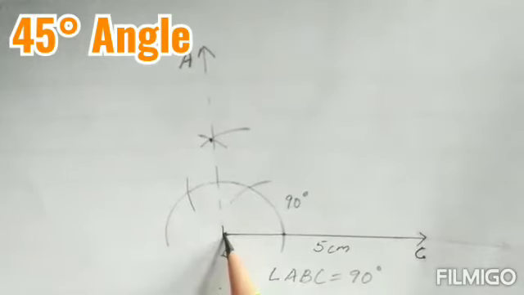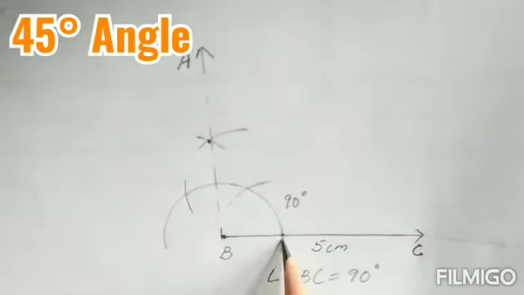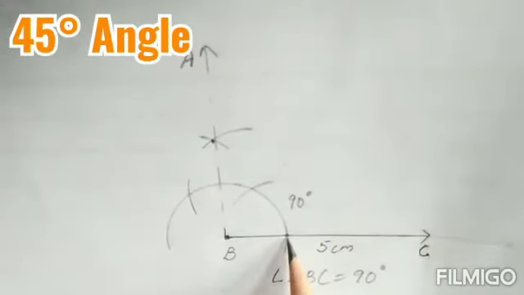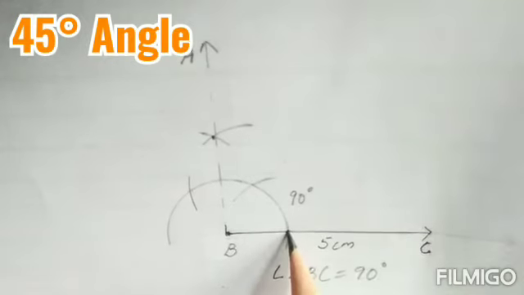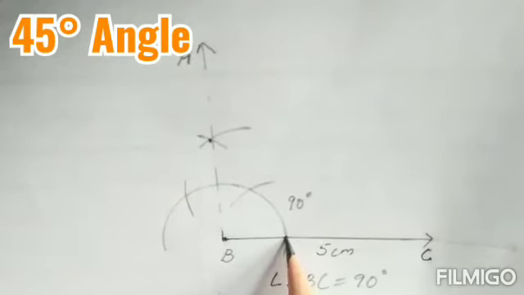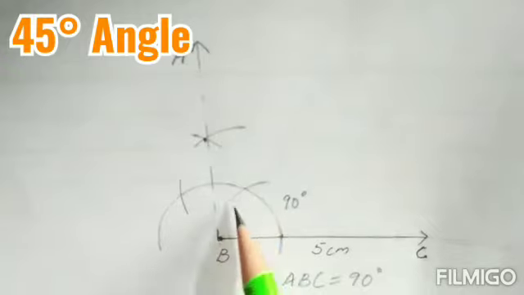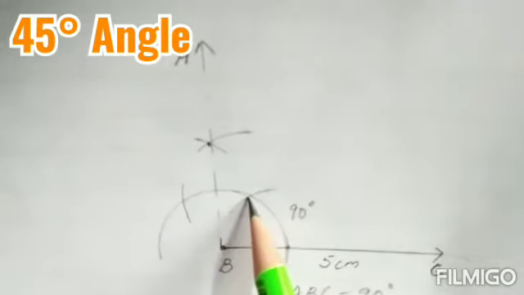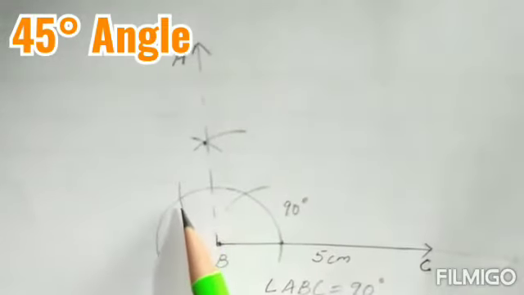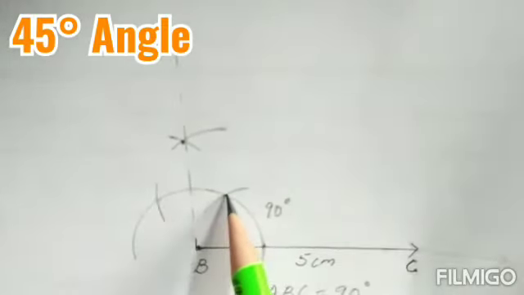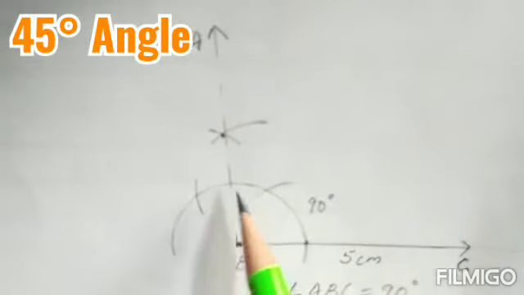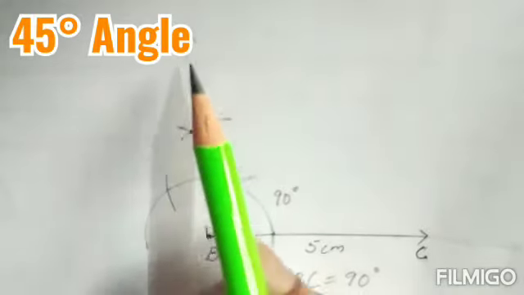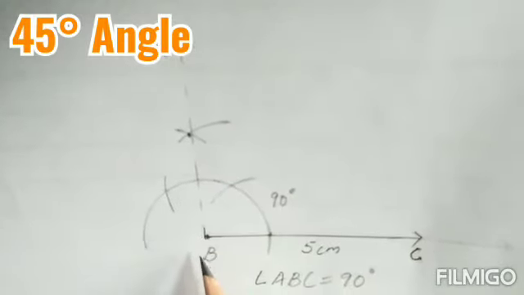Now where it is starting, over there, you need to open your compass and make a semicircle. Make a semicircle like this. Then without changing the radius of your compass, children, keep it at this point where it is touching the baseline and make an arc. Once you make an arc, keep your compass at the second arc and make a further arc in front. Now keeping your compass at both these arcs, you are going to cut the arcs on the top. See, and then join them together. This will give you a 90 degree angle.